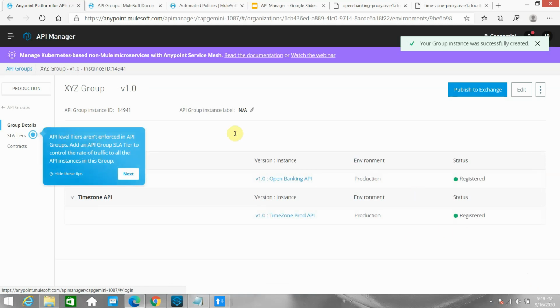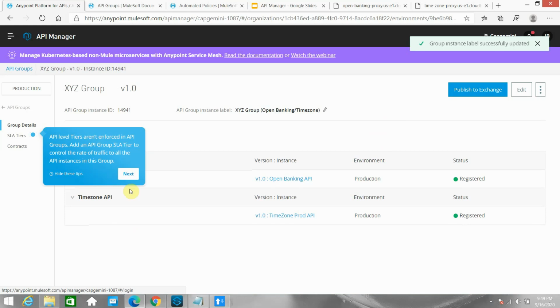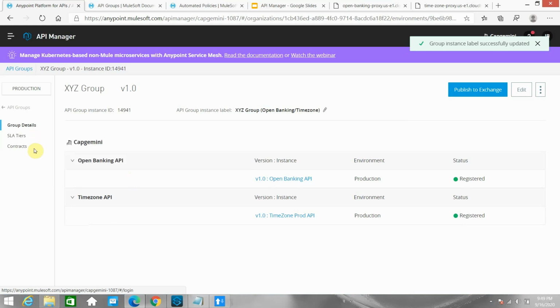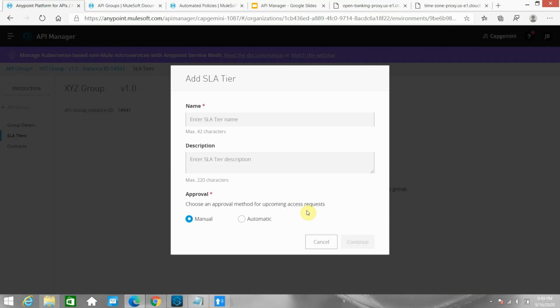Okay, here you can see the XYZ group. So I have open banking and time zone. You can give any label, I'm just giving a label. Okay, here you can define the SLA tiers.